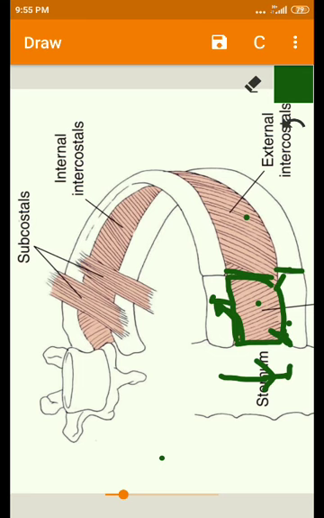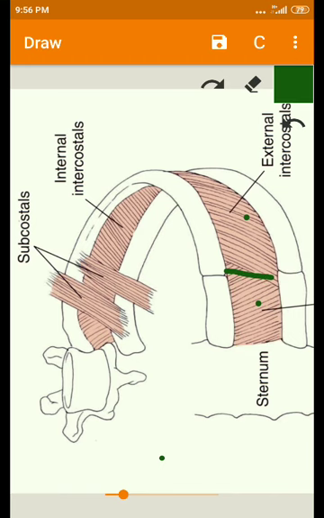That is the pump handle movement, we can see such kind of action. So this is the function of the parasternal and external intercostal muscles, which help in